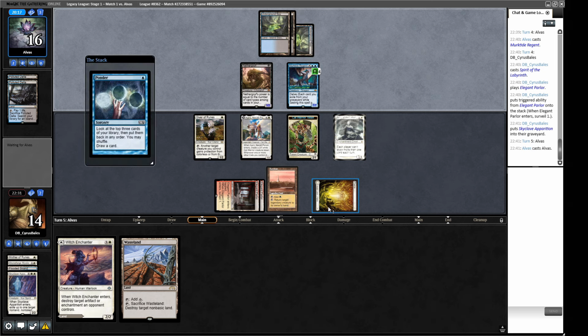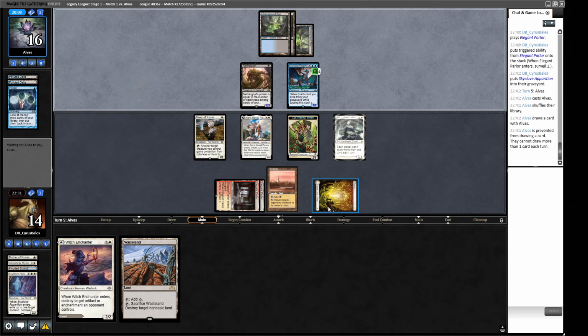The other option we had that turn was to put the Yorion in hand and then try and cast the Yorion next turn as a chump blocker. But I think I would rather try to...